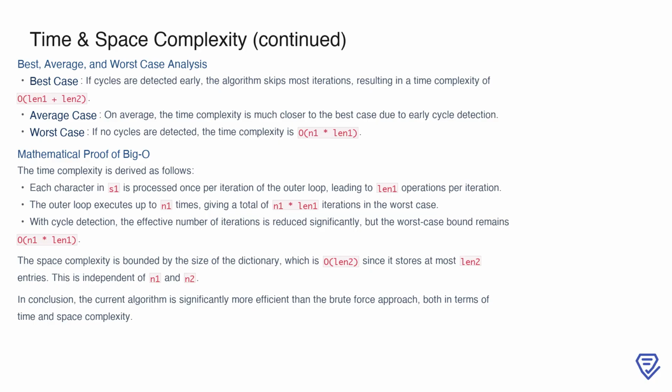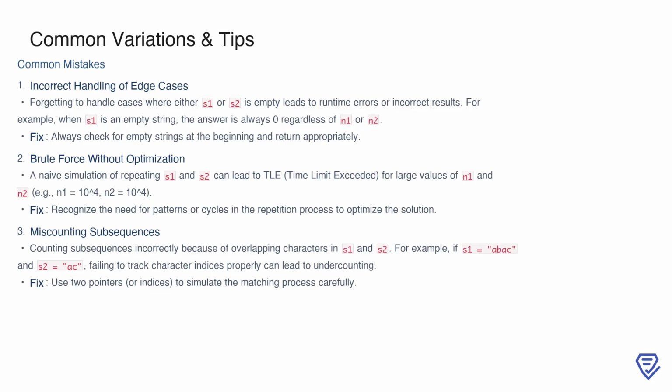Space complexity, on the other hand, is determined solely by the dictionary, which stores at most len2 entries, giving it a space complexity of O(len2). This efficient use of time and space makes the optimized approach significantly better than the brute force method, both theoretically and practically. One common mistake to watch out for is not handling edge cases